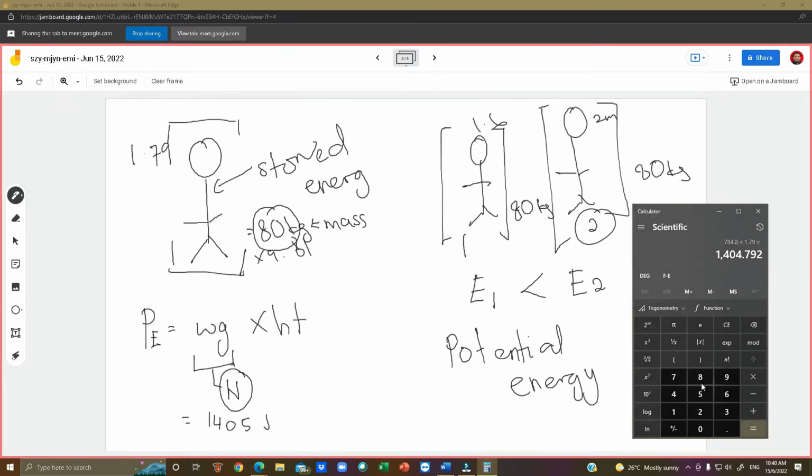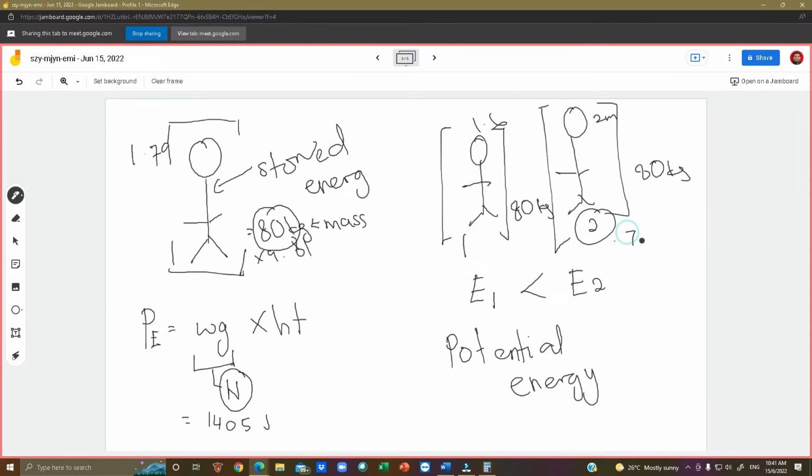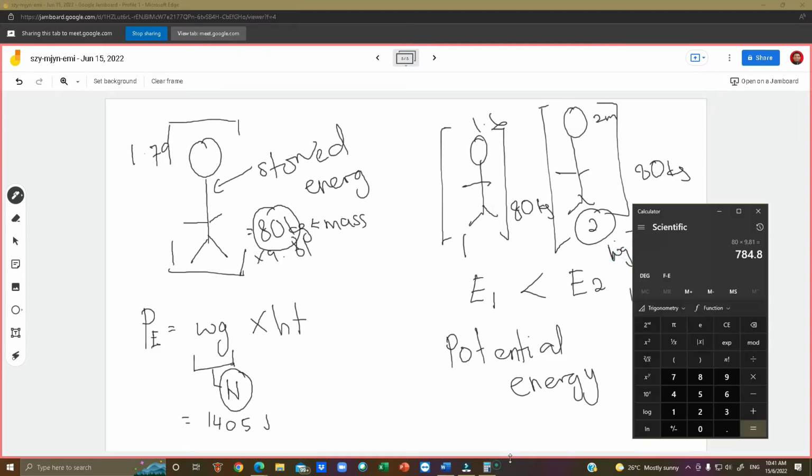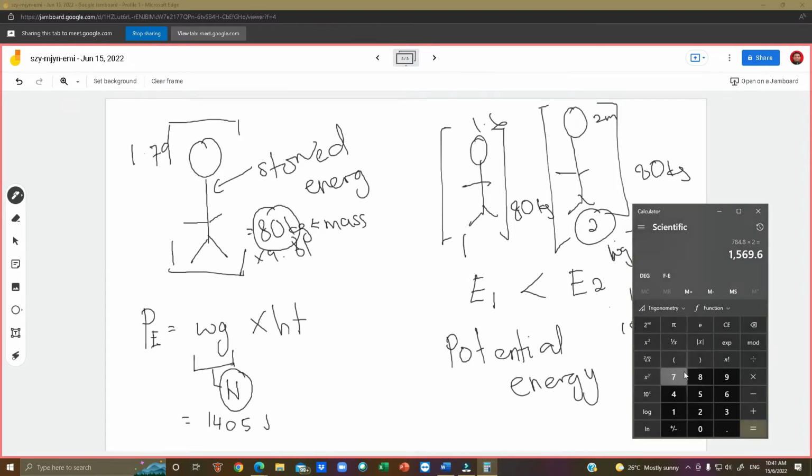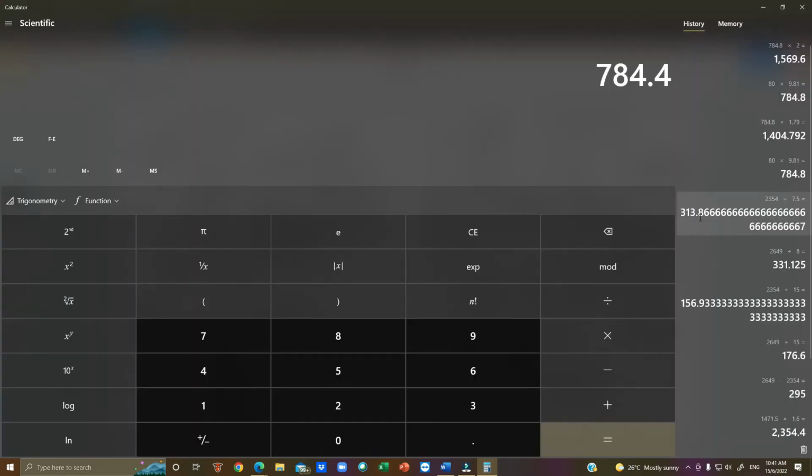Okay, so berapa mamat tu punya potential energy? 80 times 9.81. You have 784.8. Okay, ini in term of height, weight. Height 2 kali kan, times 2. So the taller person have 1570. Okay, kita ambil genap je lah, 1570 joules of energy. The shorter one